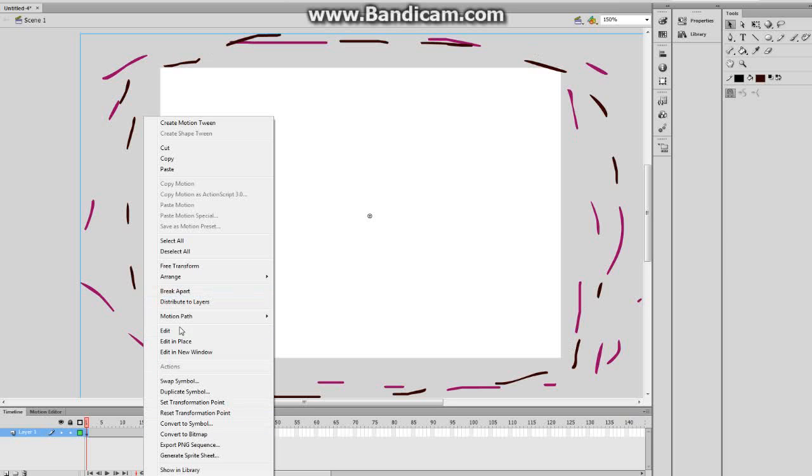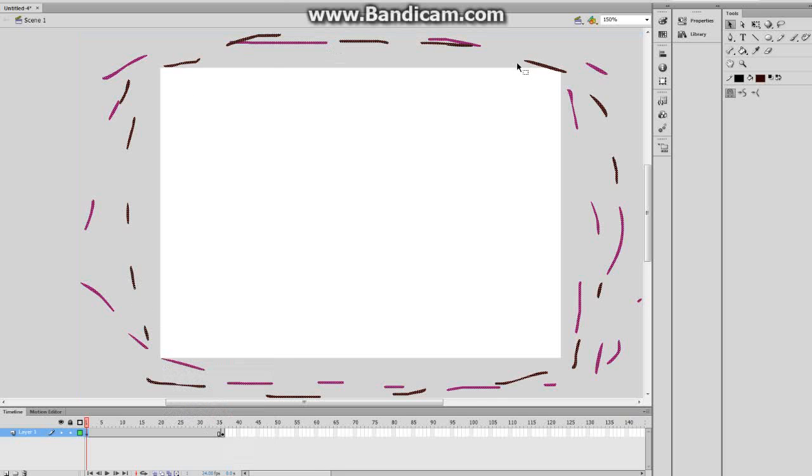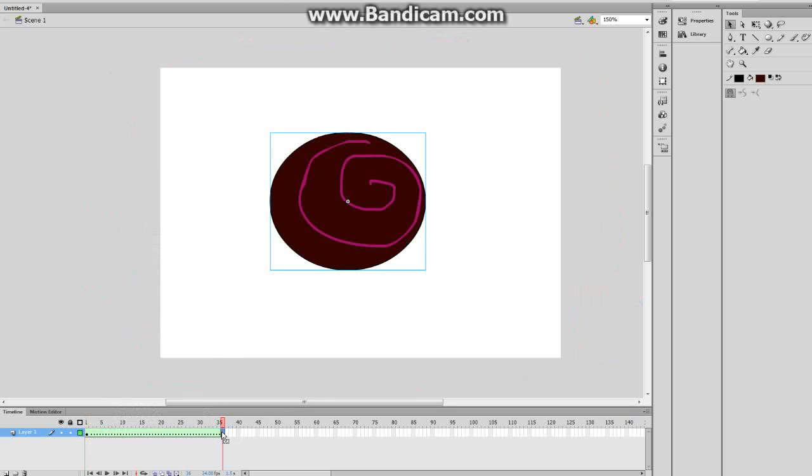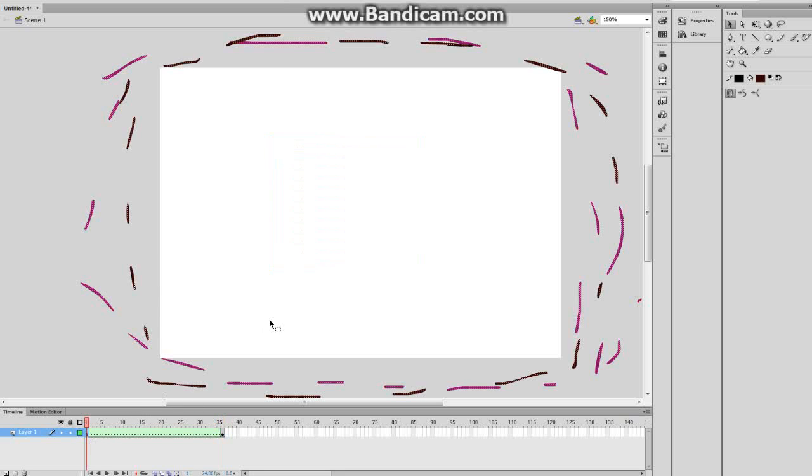And when you can't shape tween, to get rid of it, you break apart like that, and it selects all of them individually. And then you can shape tween. Now, the point of a shape tween is it dissolves one thing into another. So if I press enter here,